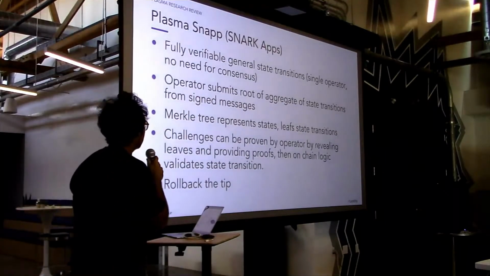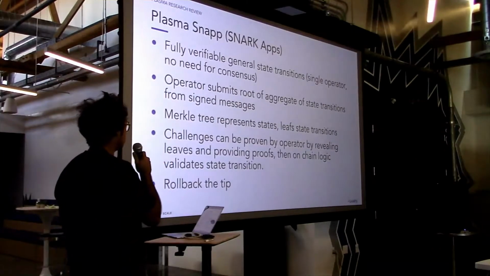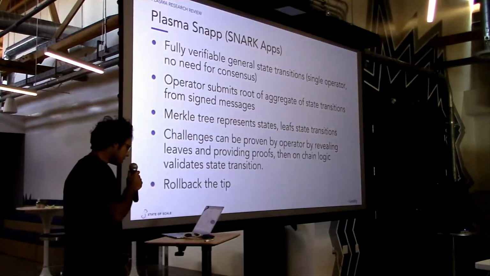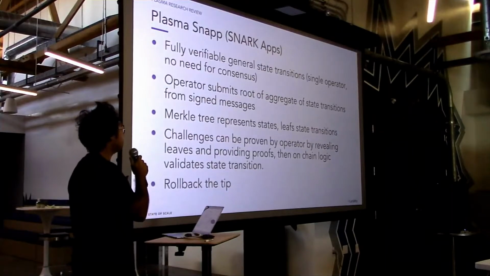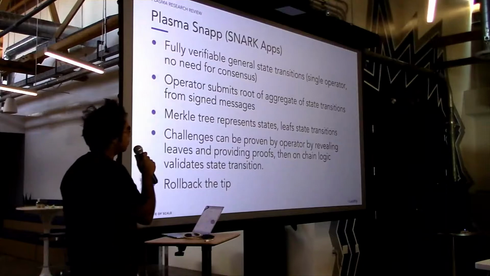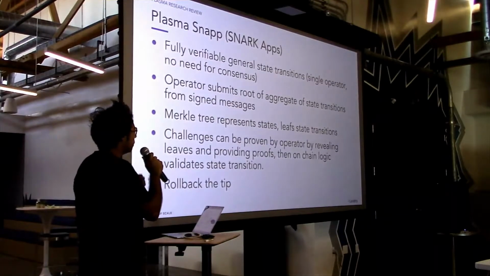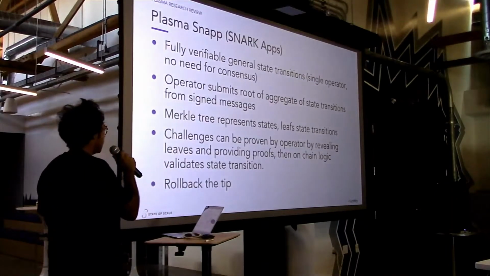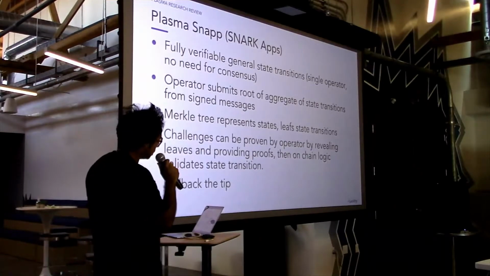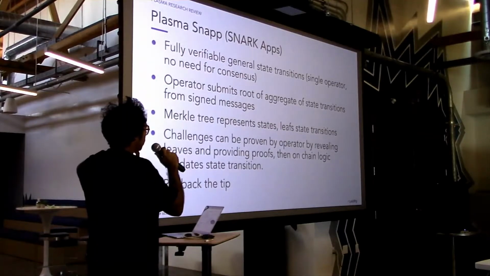So now Plasma SNAP, this came out a few days ago. It's really cool. It's based on some of the work by Barry Whitehat of the roll-up team. I'm still researching this heavily, but basically, it's a way to do a fully verifiable plasma chain. So now your state transitions can be verifiable. The way that it generally works is the operator submits an aggregate of the state transitions from signed messages.